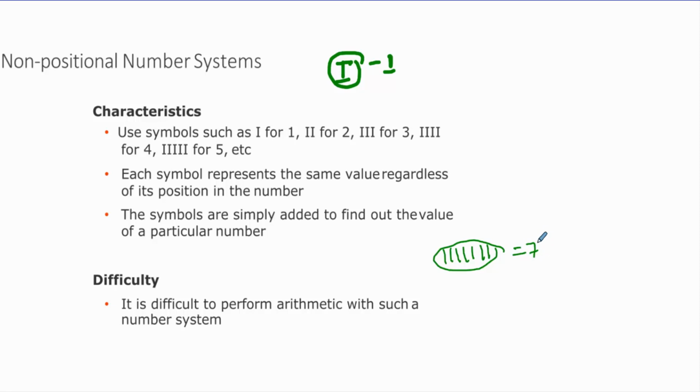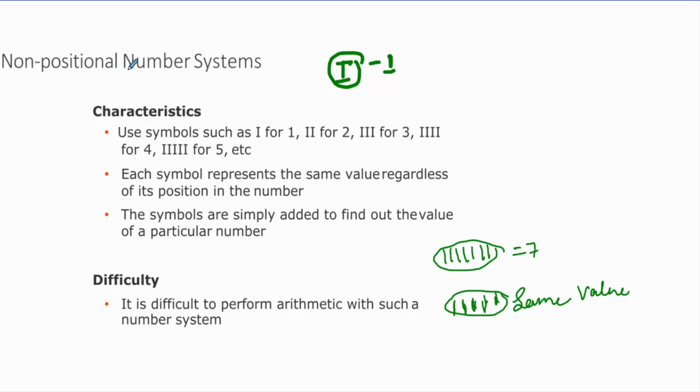But if you observe these symbols, each symbol does not have its own place value. How can we count it as 7? If we count all together, it becomes 7. For example here, 1 2 3 4 and 5 represents 5. If you count individually, all represent the same value. All vertical lines represent only 1, correct? 1 1 1 1 1, they all have the same value in a non-positional number system.